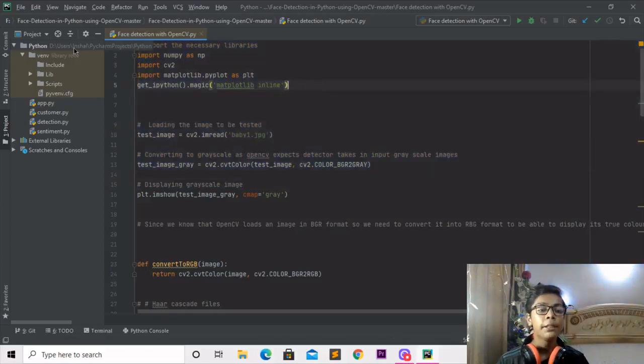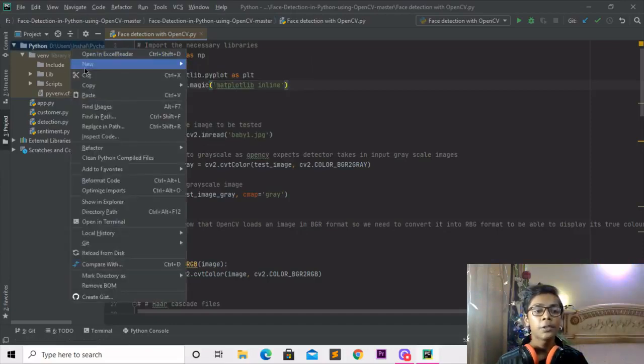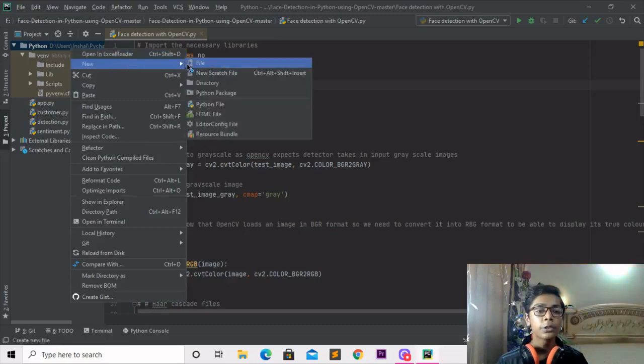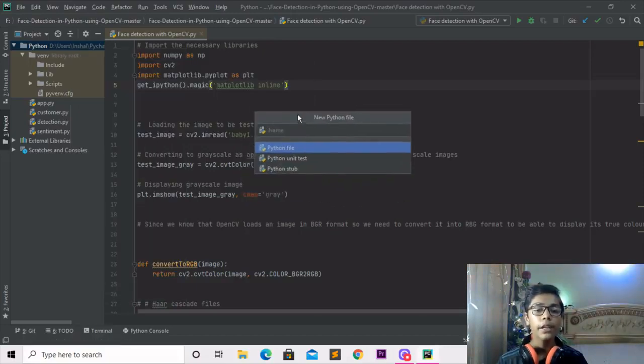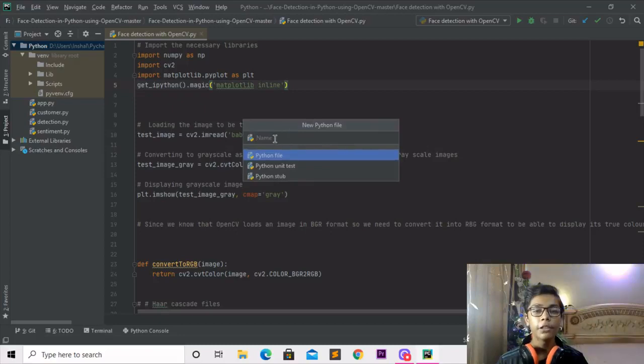Before that, we'll be making a Python file in the package which we have just made in our PyCharm text editor. I'll go to my package and right click. Then there will be an option coming underneath, so just go to the New option or hover on that. Then going down, you will see a Python file option. So press that. We are working with Python, so obviously we have to make a Python file